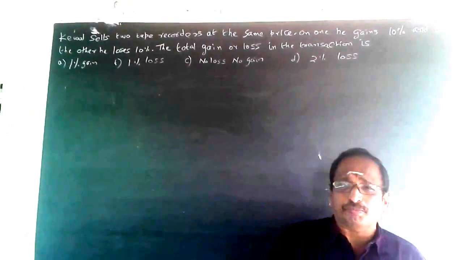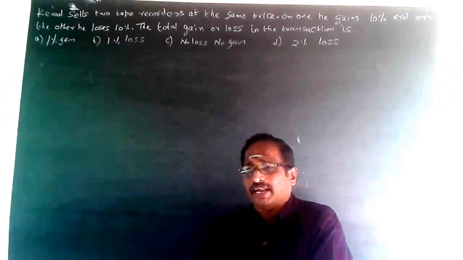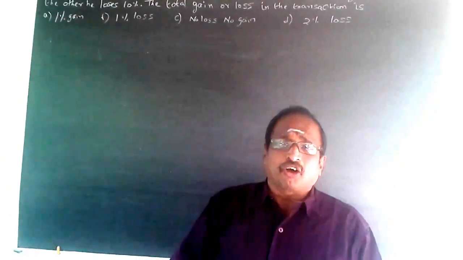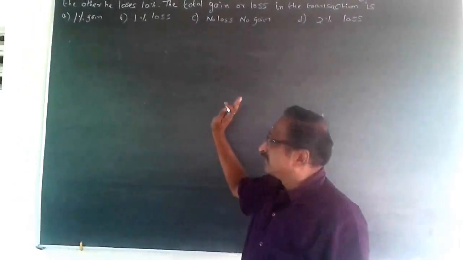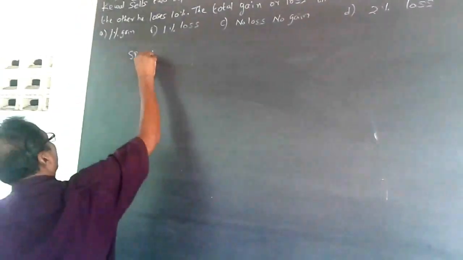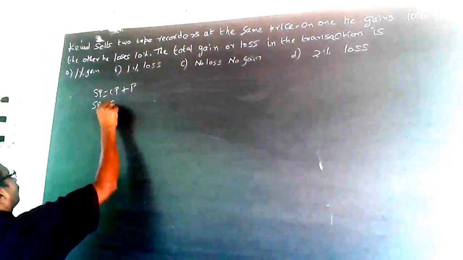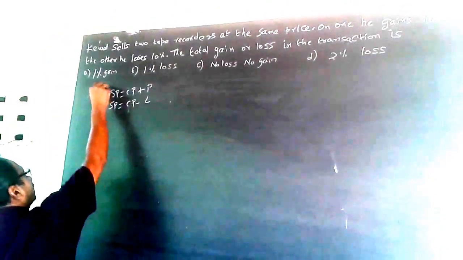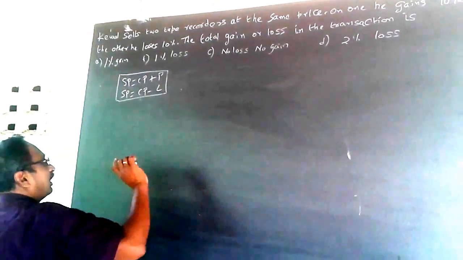These are all known as cost price and selling price problems. Some might call it a profit and loss problem. So this can be classified as a profit and loss problem or as a cost price selling price problem. Whenever you get problems like this, selling price will always equal cost price plus profit in case I make a profit. Selling price will equal cost price minus loss in case I make a loss. So this is the Bible for all your cost price and selling price problems.